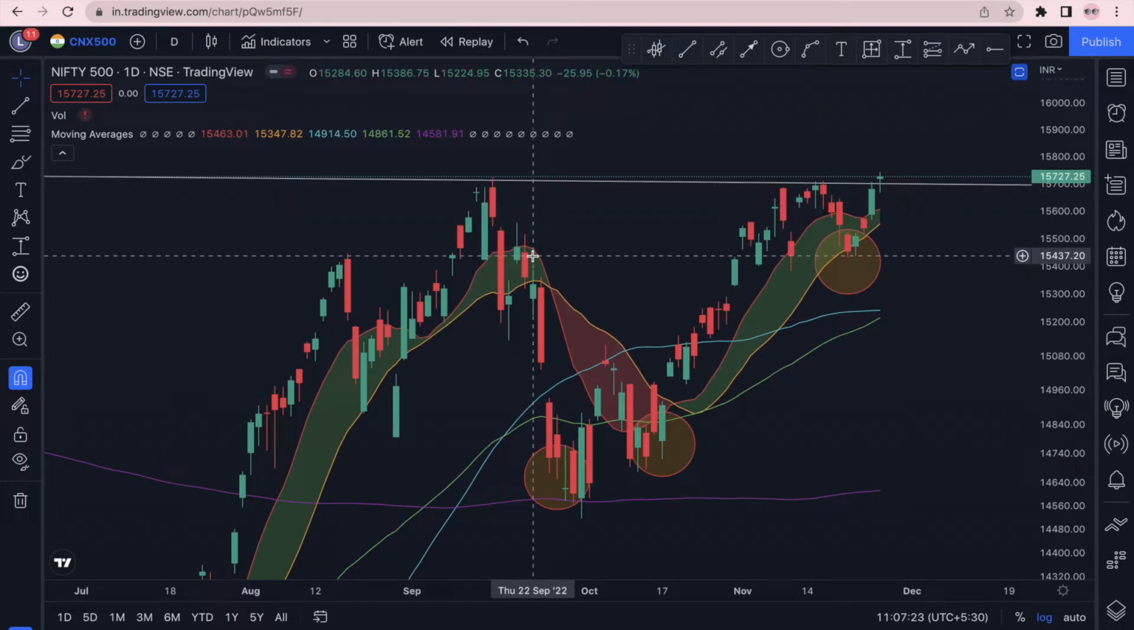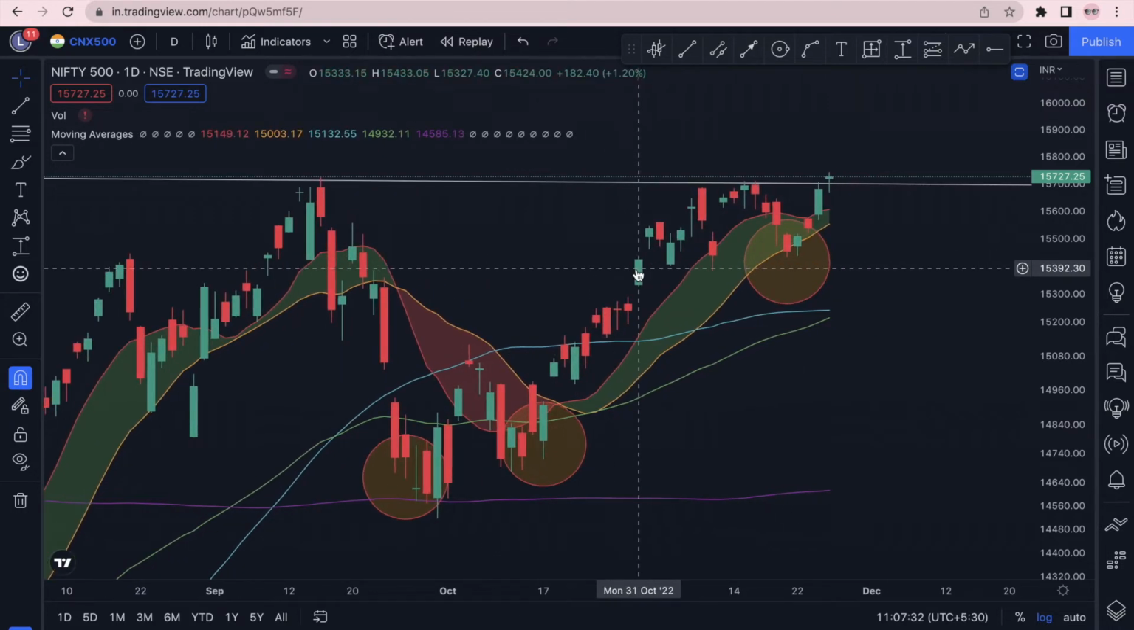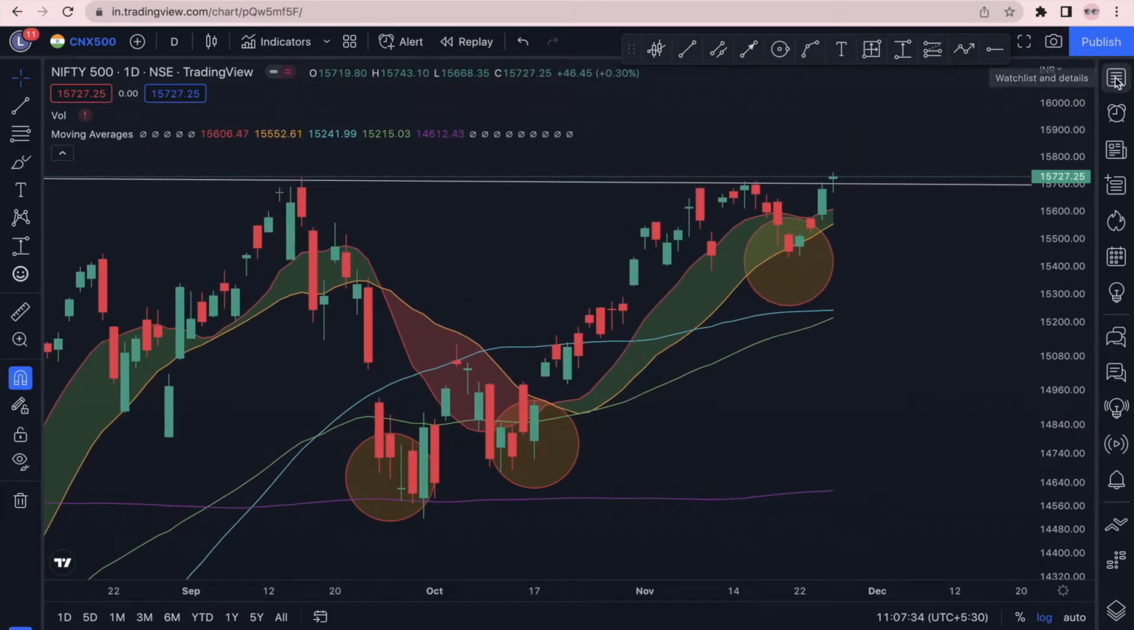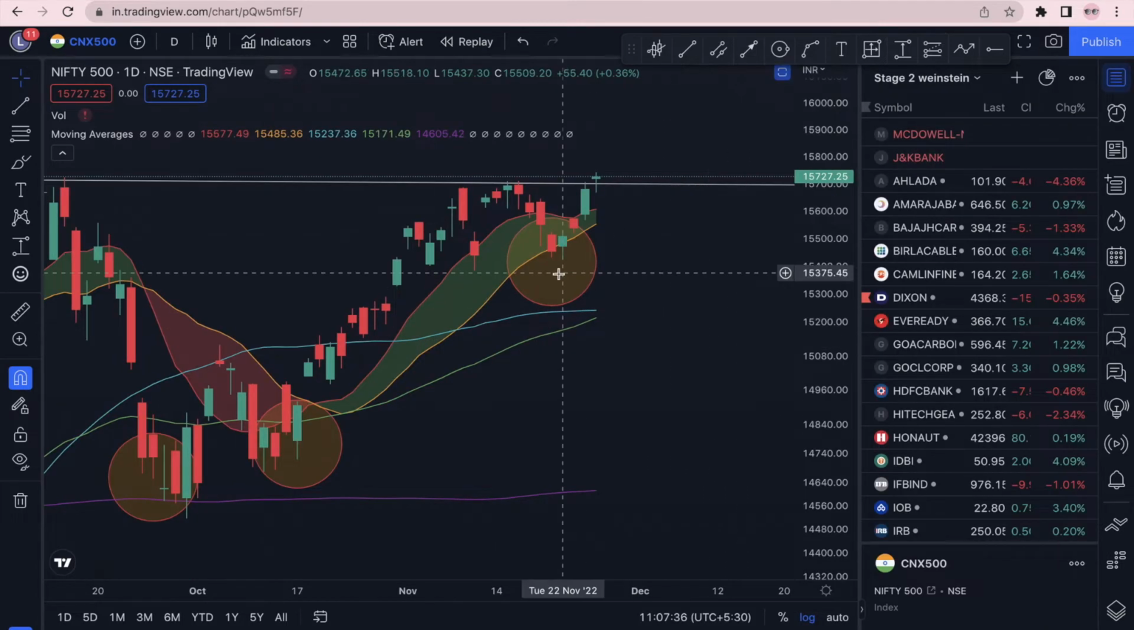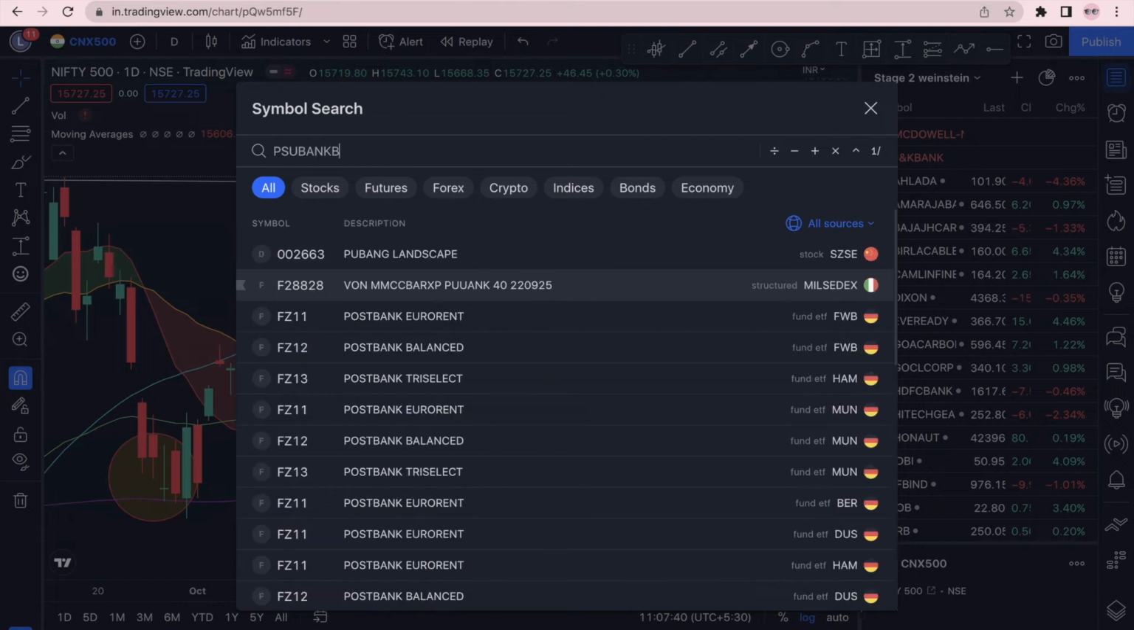Again, these are very short term candle patterns, signals, and they might not work all the time. Okay, so I'll give you a very good example. PSU banks,